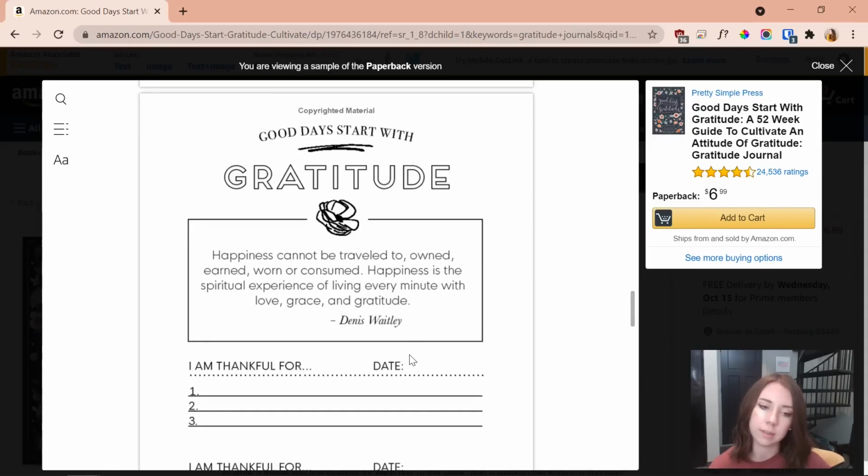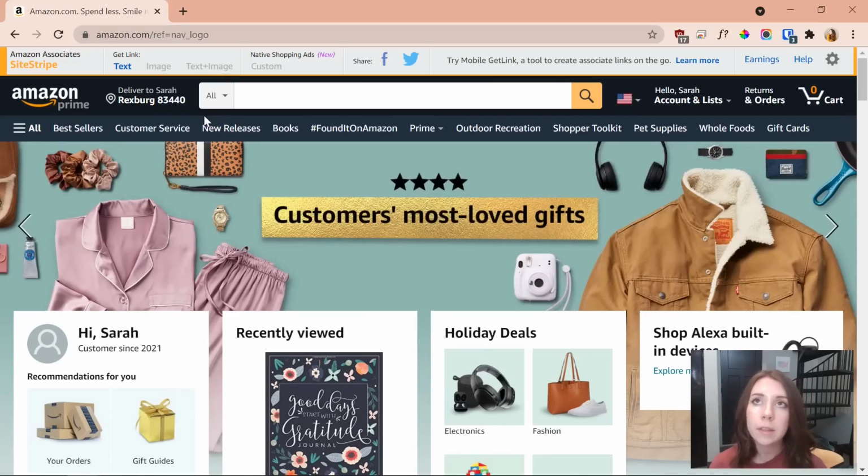You just want a pretty design. You want to make sure that the interior is focused around gratitude and different things that people can write and keep track about as they're focusing on being more grateful. So gratitude journals are another great one with the new year approaching. And now we have come to our 9th and